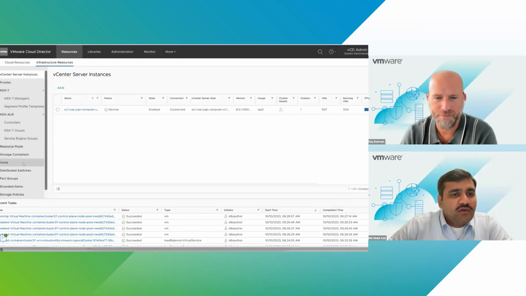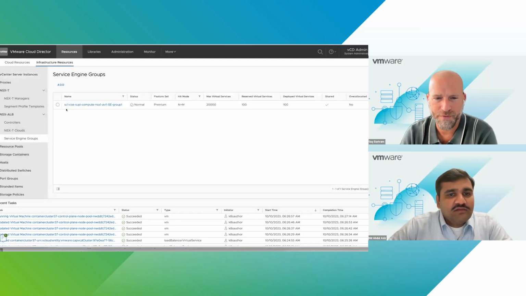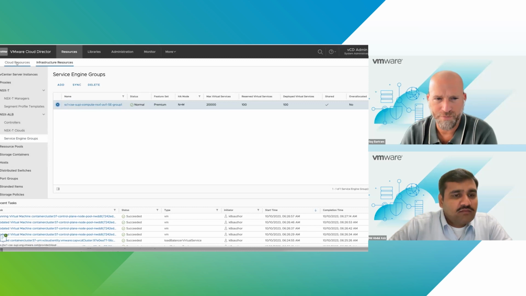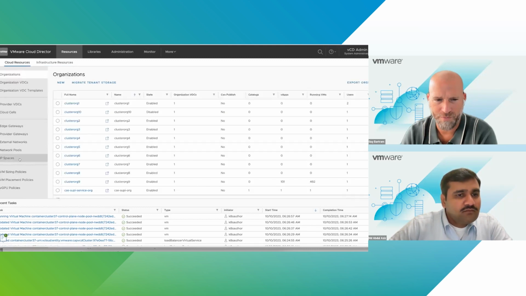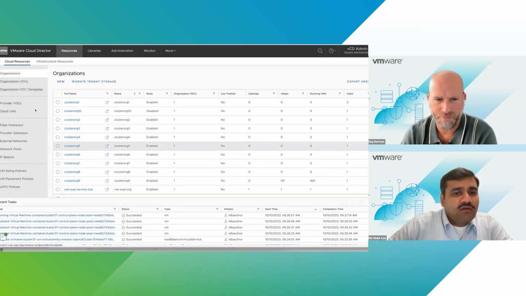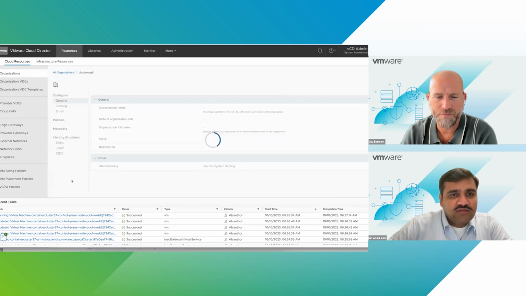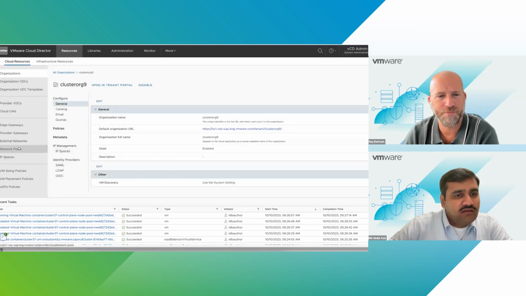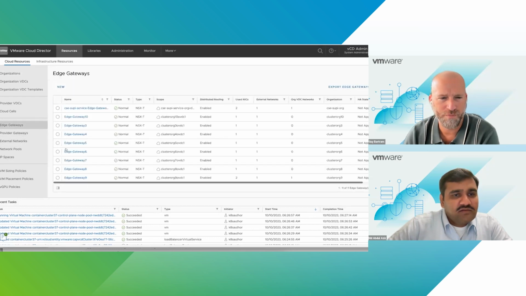So on the service engine group, when they import the resources when they are adding them on the VDCs. So let's suppose org 9, and I need to go to edge gateways.